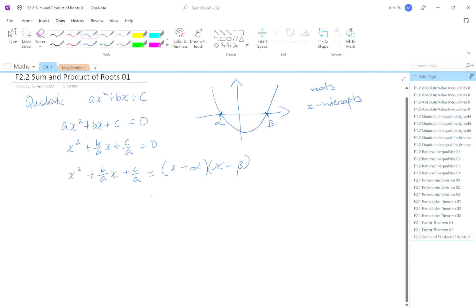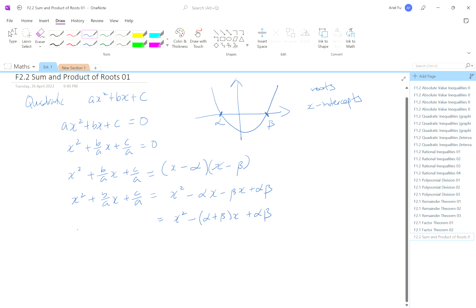Okay, so that means this is equal to, I'm going to expand the right hand side, x squared minus alpha x minus beta x plus alpha beta. This means I've got x squared minus, let's say, alpha plus beta x plus alpha beta. All right, so that means I've got the original